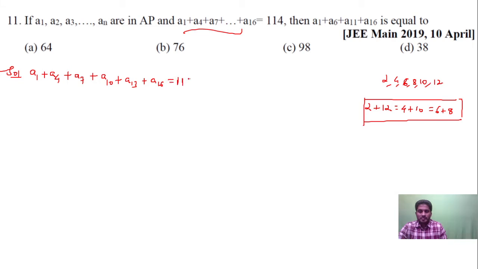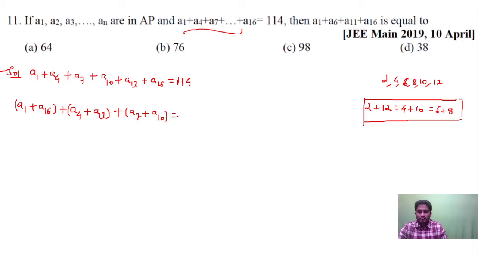So this means that a1 plus a16, and then plus a4 plus a13, and then plus a7 plus a10